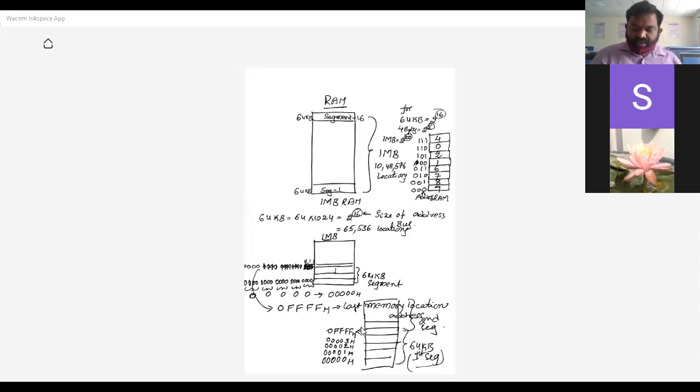10000H. Yes, correct. 10000H, the sequence comes. Right. What will be the last address of the second segment? 1FFFFH. Like this, the sequence comes up to all F's, right? So first segment, second segment. So in this process, what we will be doing is,